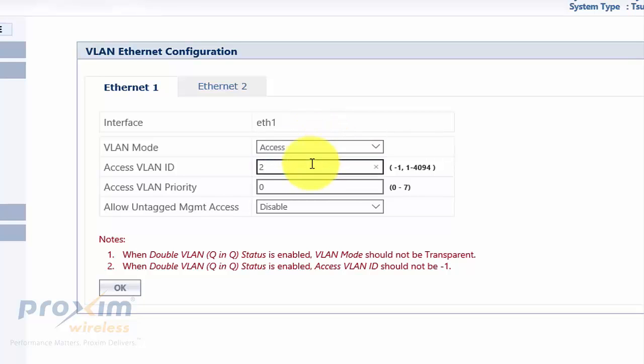Here's our VLAN mode ID. Remember, you could only have one VLAN mode ID. That's all it knows. So in this case, I pick 2. You have 3, 4, whatever it is, but it's only one. If you have a particular priority that you wanted to be in. Also, if you wanted to allow untagged management access. In this particular case, what happens is when you're going to try to manage the radio from the Ethernet port